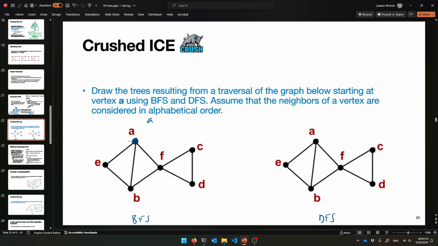So here's A, visiting A. And then we have 3 edges to B, E, and F, and we're going to do it in alphabetical order. So B is going to be the first thing. We're going to push all the children, right? B, E, and F, and pop A off. And that's the order in which we're going to visit things. So we're going to visit B,